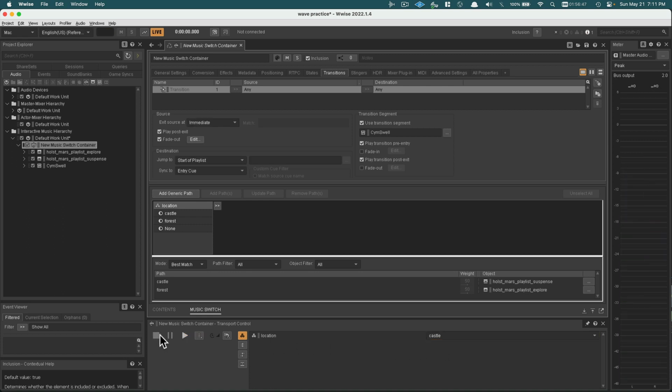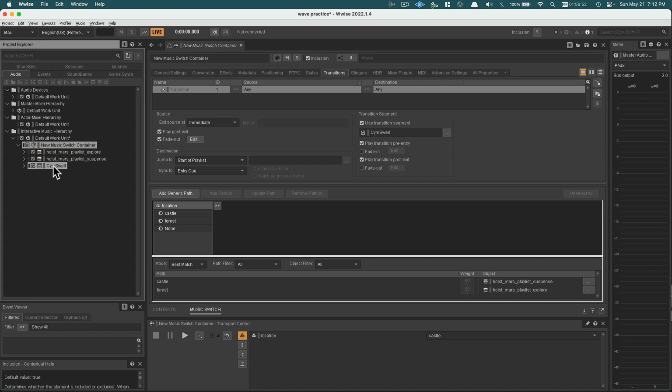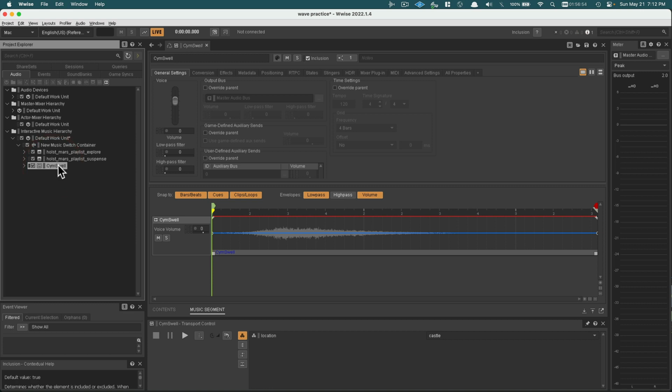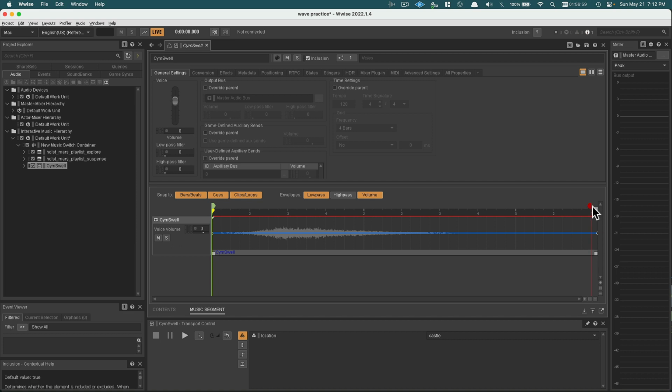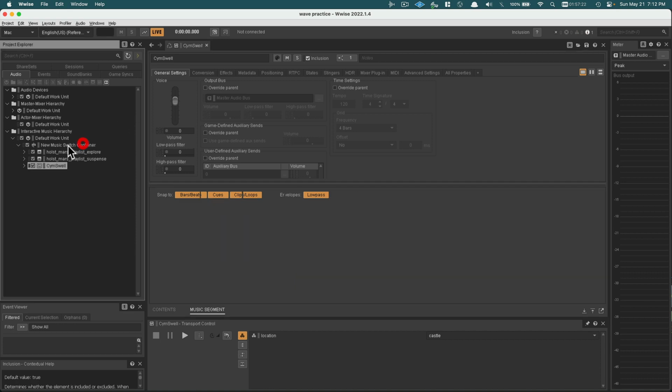Now let's say I want to overlap the cymbal swell with the next piece. Remember that if I go ahead and select the cymbal swell here, the cymbal swell also has that reverb tail marker, or when the next piece begins. And I'll set it to here so that when the cymbal swell begins, it'll go shh, and then the next piece will start here, and then the rest of the cymbal will play out as a reverb tail over the next playlist that's coming in. So if I save this and hit play on my switch container,